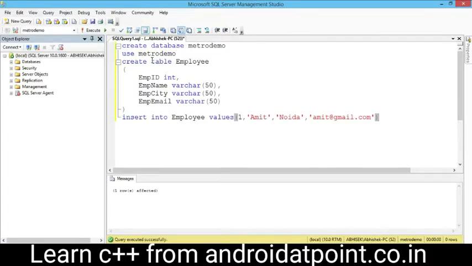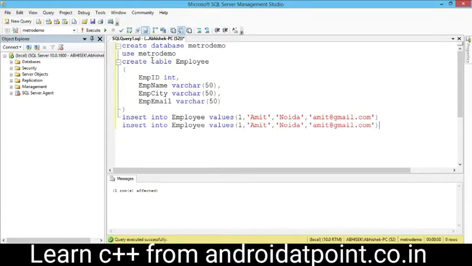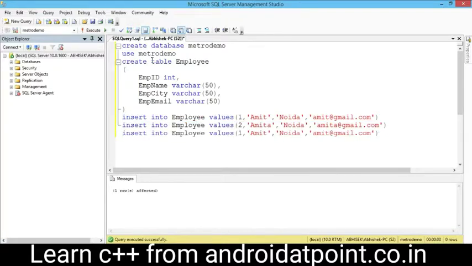First record successfully inserted inside the employee table, and then copy the query and then paste here, right here 2, Amita, Noida, Amita@gmail.com, and then select the query and execute the query, okay. Next I will paste the next query here and right here 3